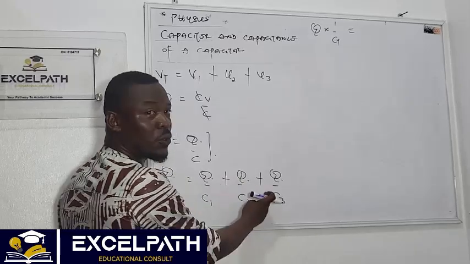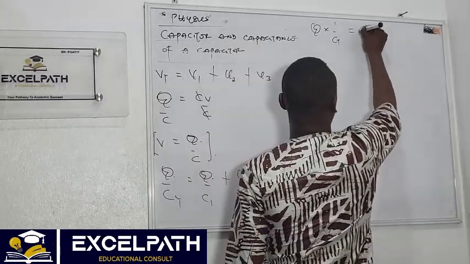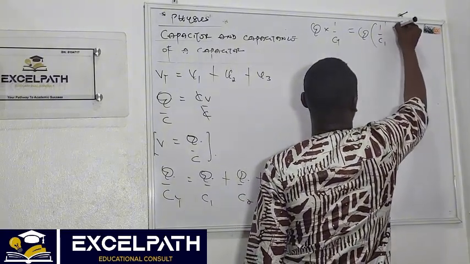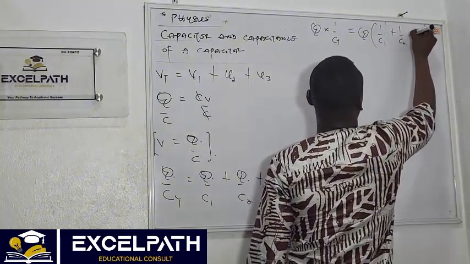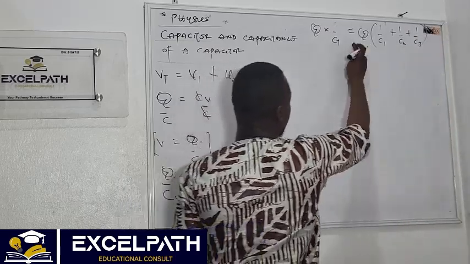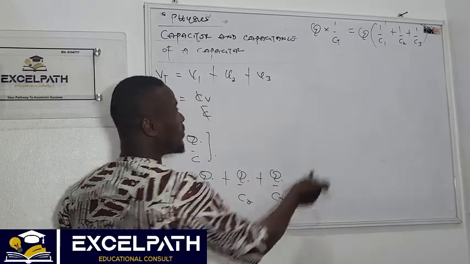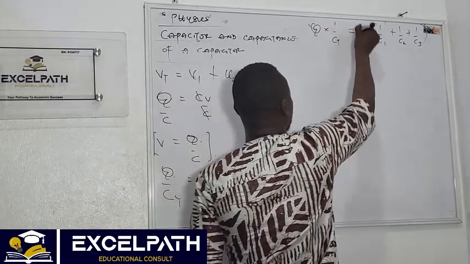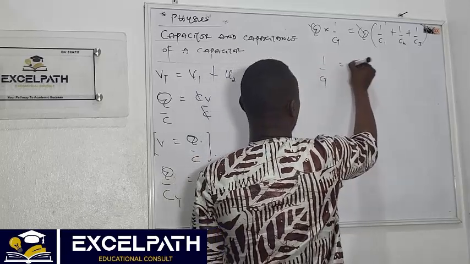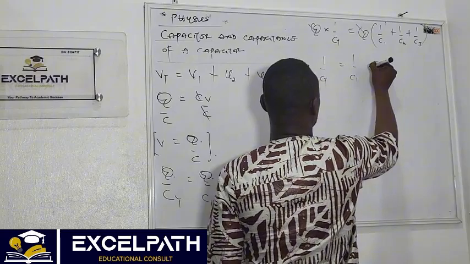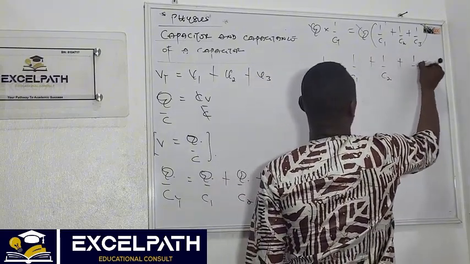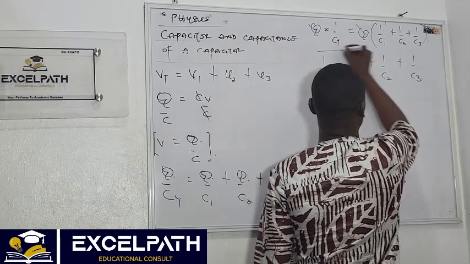Which is equal to, student, what is common to both sides here? Q is common to both sides. Then I have Q into bracket 1 over C1 plus 1 over C2 plus 1 over C3. Because this Q is common to both sides, bringing out the Q, from here I can cancel this Q out. And I'm left with 1 over C total equals 1 over C1 plus 1 over C2 plus 1 over C3. So this is the formula for